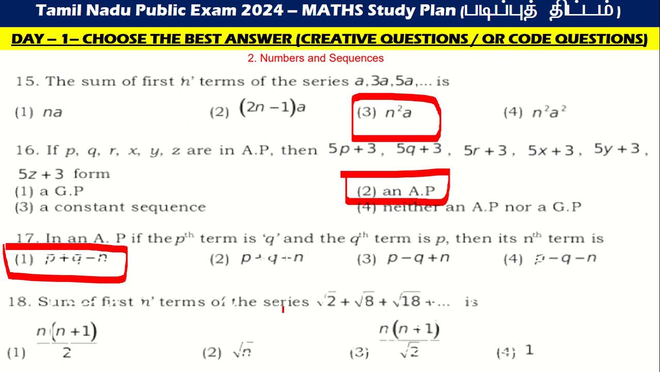Sum of first n terms of the series, root 2 plus root 8 plus root 18 is n into n plus 1 by